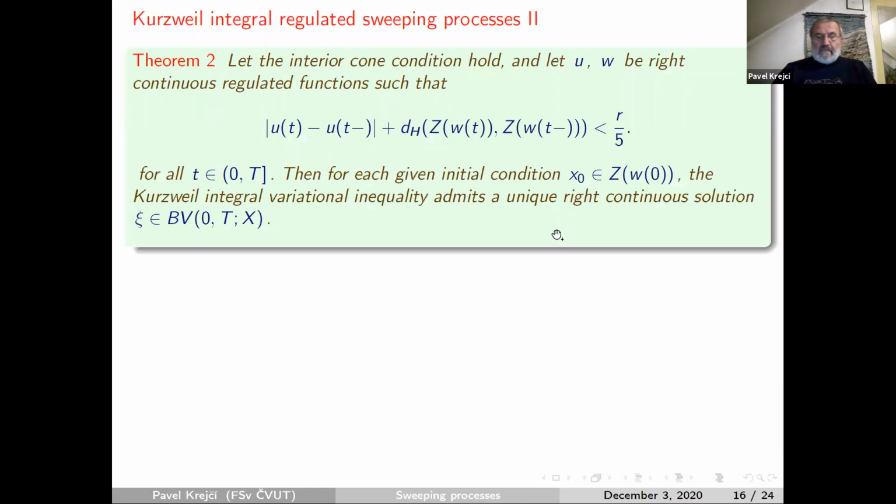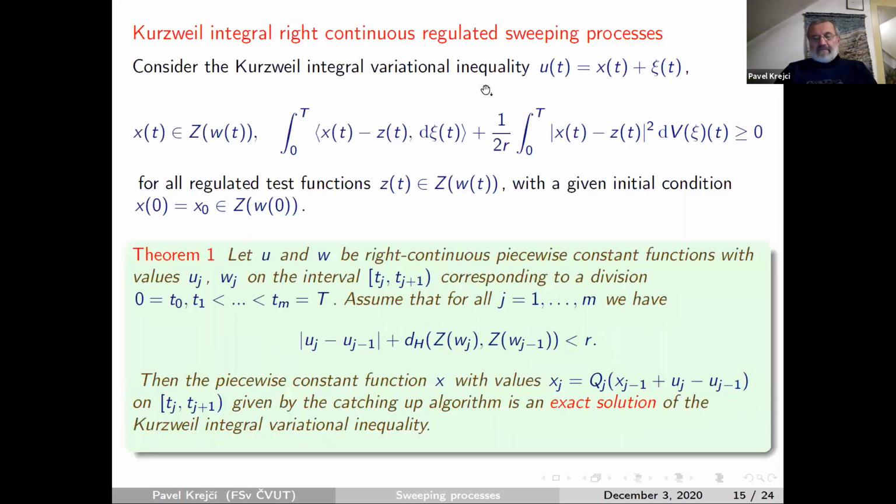And now, we want to use the Kurzweil integral convergence theorem. The strategy is that now we have solutions of the problem for piecewise constant functions. So we take any right continuous regulated functions u and w, we approximate them by piecewise constant functions, we pass to the limit,